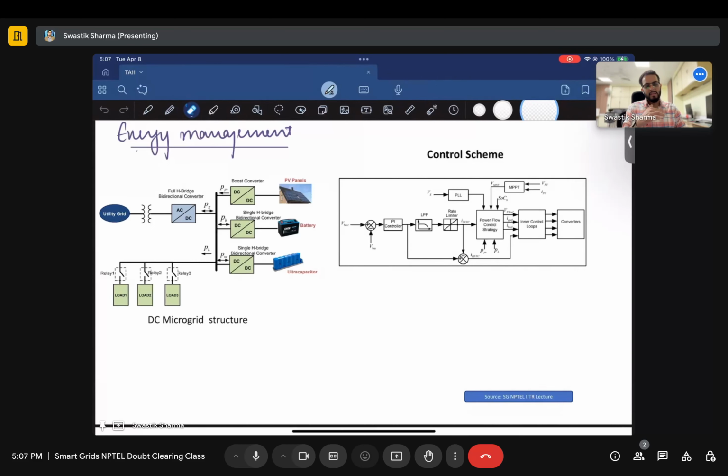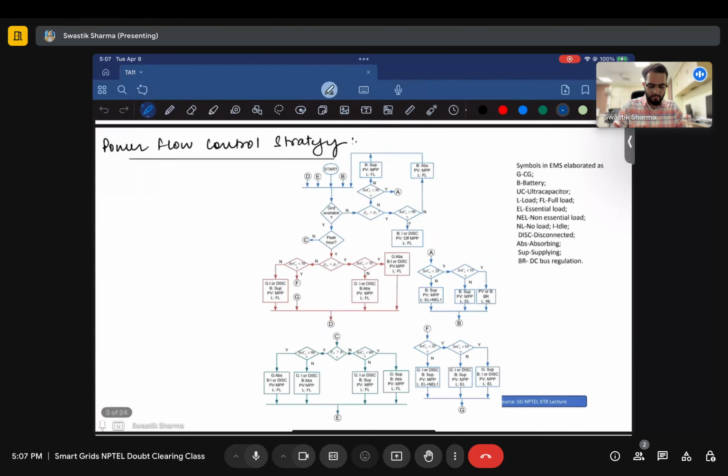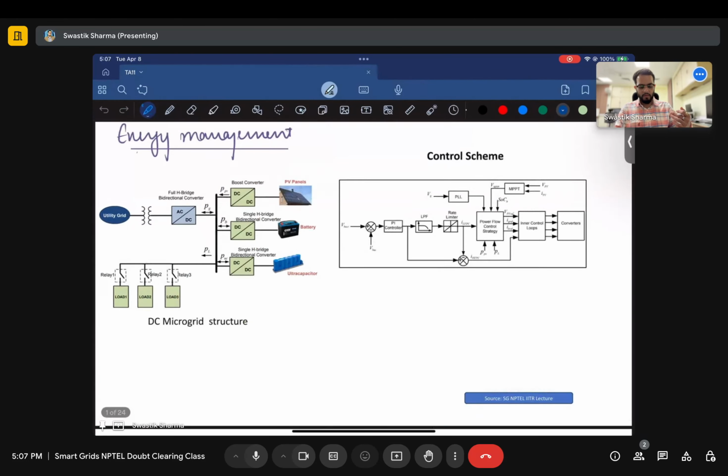It's through using an energy management scheme, which in itself has a power flow control strategy, which makes sure how the power is flowing from various different devices, right? And that is the purpose of PFC, or power flow control strategies. We'll come to the power flow control strategy in a bit, but I just wanted to talk about that before